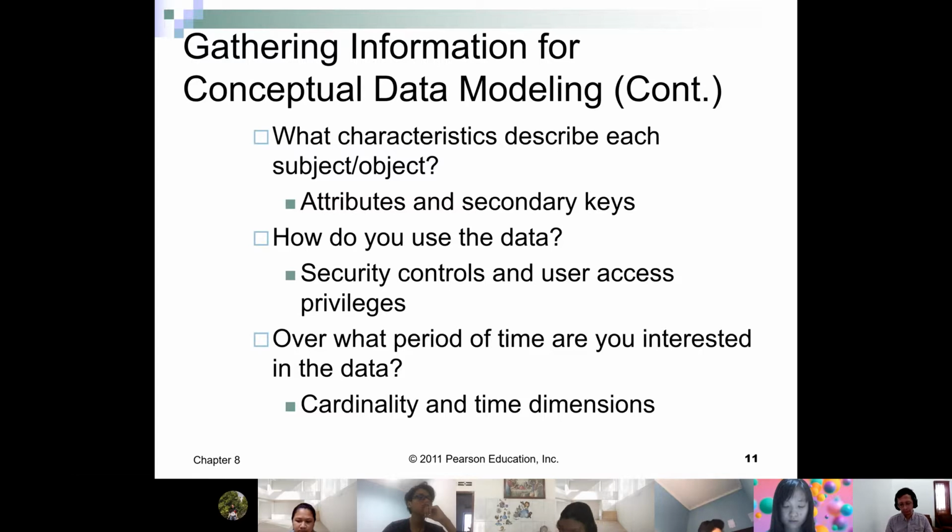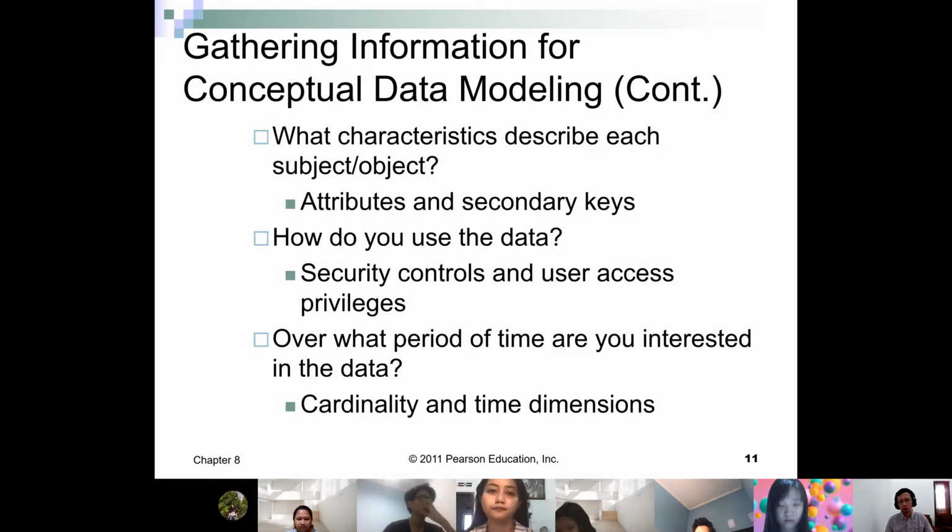I could not. All the lecturers in Atmajaya could not see your academic records. We have to request that from the faculty. Okay. So that's security control and user access privilege. You cannot change your grade, for example. Things like that.